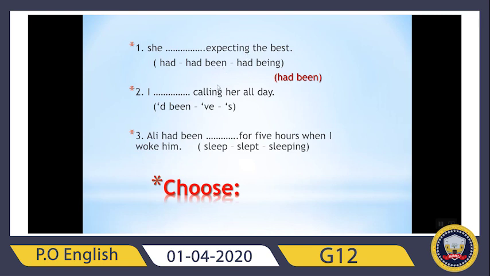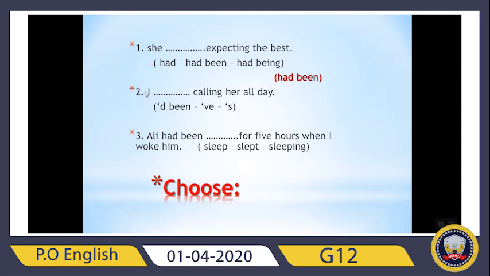So been. Number 2, I'd. This is the short form for had. I had been calling. Or I have. This is the short form for have. Or I has. Or I is. Let us see one by one. Can I say "I is"? No. Why? Because I am. If I want to say I, then I am. So "is" is wrong. If this apostrophe is "is," it's not "is," it's "has." For example, it can be "is" and it can be "has."